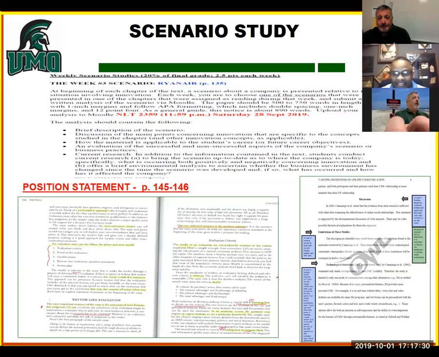Anyway, so follow that up with your scenario study of Ryanair. I really liked what a lot of you did. Anthony, you did this and a couple others. You went in and you found the protagonist. You found Mr. O'Leary. That was excellent. That was superb. Many of you went in and saw that in the case of Ryanair, the gap analysis was finding those people that don't want to spend a lot of money on an airline ticket,